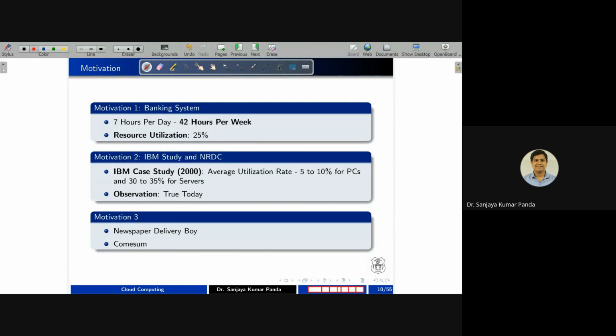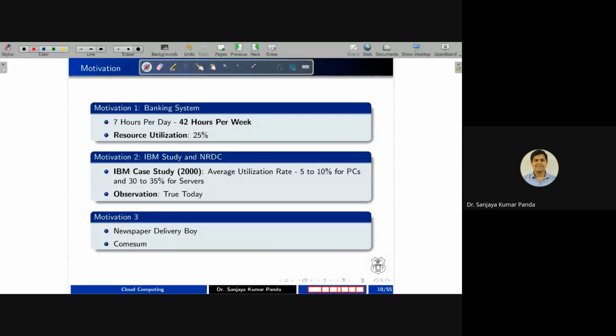If some resource is with you and you are utilizing it for 25%, then definitely 75% of the time you are not using it, but you are paying for the rest 75%, because the time in which you are not using your system, for that also you have paid, because it is the dedicated system for you. So the question arises, why should we pay if we are not utilizing a particular system? If I am using a system for 100% of the time, then I will pay. If I am using it for 25% of the time, I am going to pay only 25% of the cost,